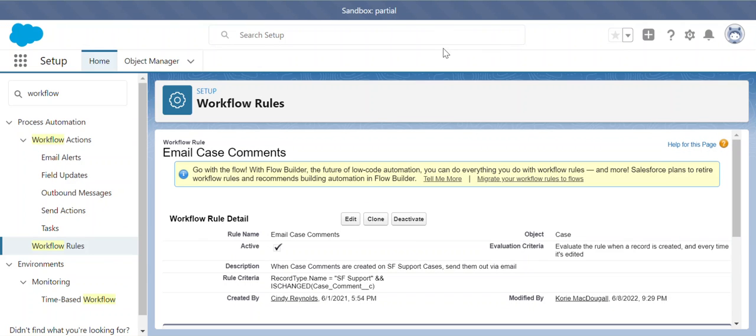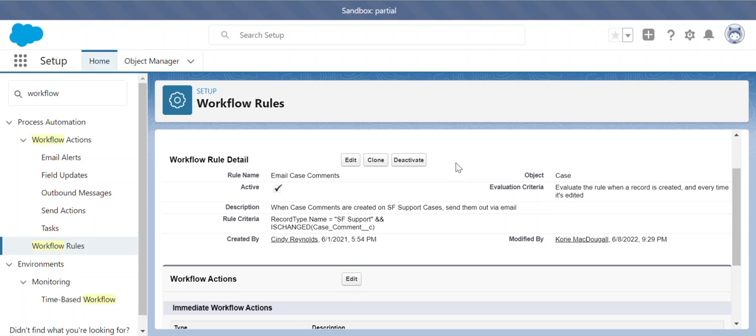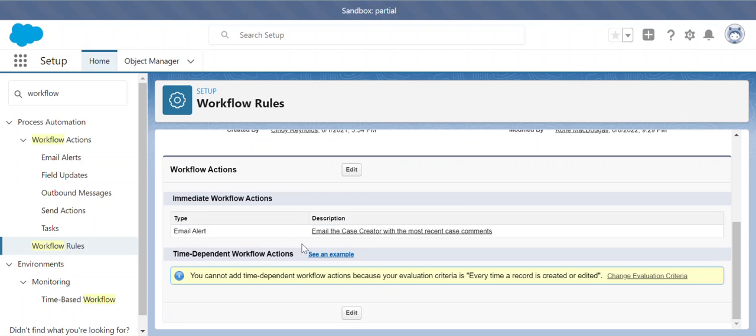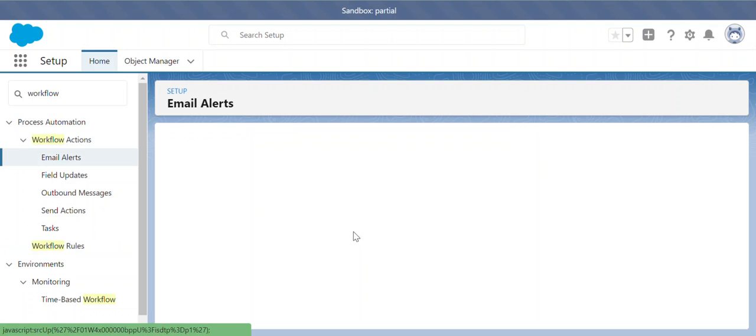As we discussed last time, we decided it would be best to just use a workflow rule instead of a flow for the notification when a new case comment is created, just because it was getting a little too convoluted and complex. This workflow rule looks at the record type name and whether the case comment was changed, updated, or created new. Here this workflow rule uses the email alert